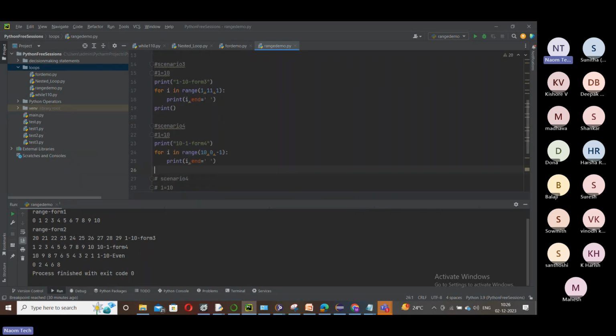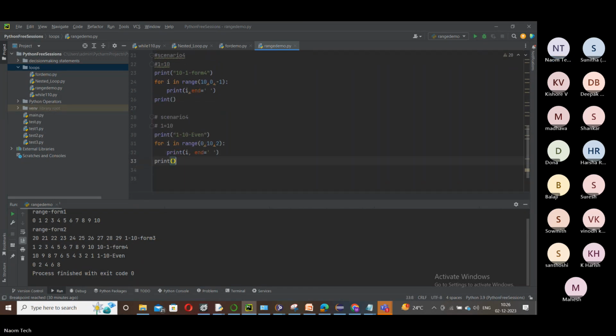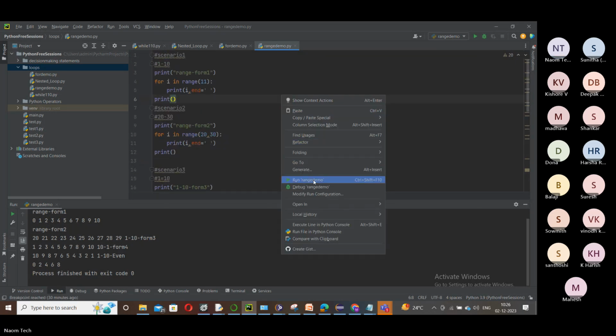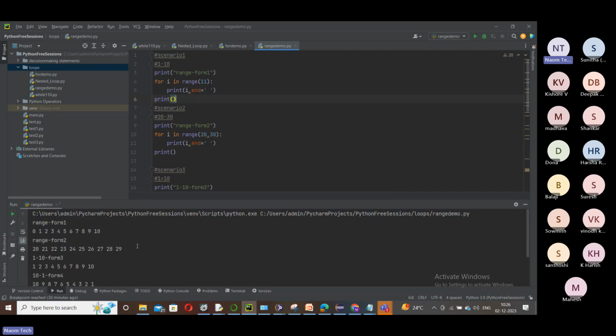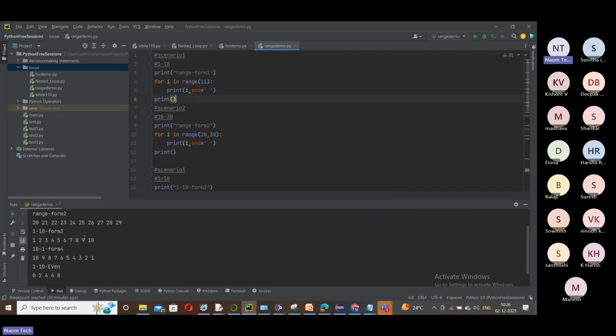I want a little more readable output. Now it should be good for me. See the output here. It's more readable, right? So 10 to 1, 1 to 10, even. If you see the last scenario, what happened in the last program is it incremented by 2.